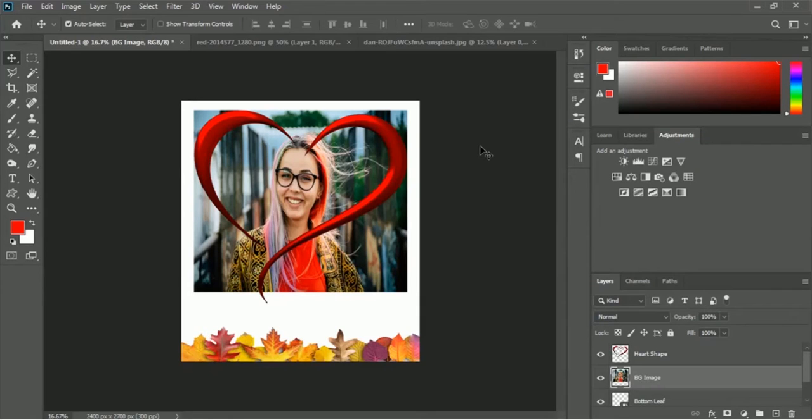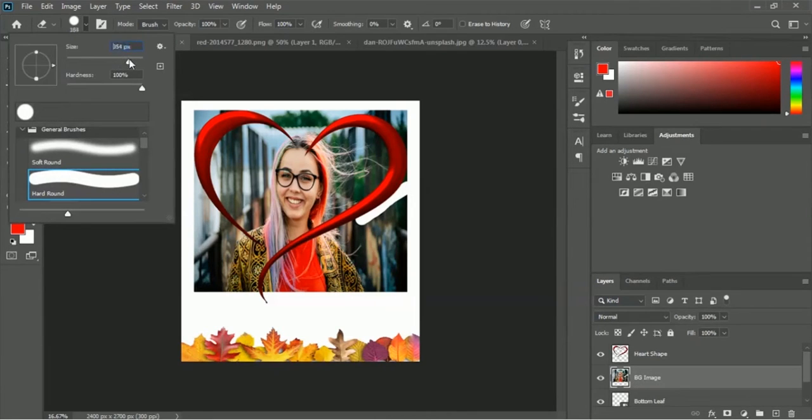We will not use the clipping mask option in here because this heart shape is not filled in every part, and therefore we have to manually remove the extra part, and therefore we have to use the erase tool. So here is the eraser tool. You have to use this eraser tool, and let's delete the extra part. And before doing that, you have to make sure the BG image layer is selected. So let me increase the brush size,